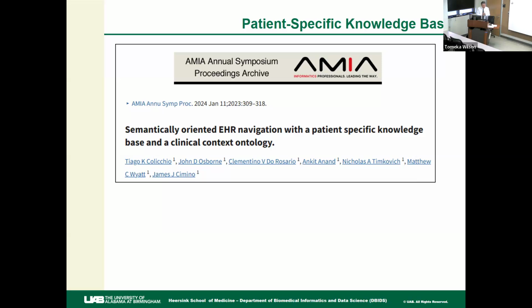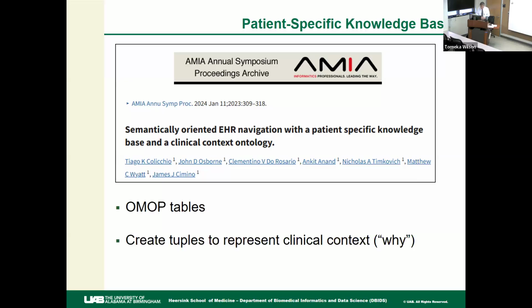The idea is to take the tables of data, the OMOP tables, out of the patient's record. So all these facts: lab tests, vital signs, medications, diagnoses, procedures, events, visits, all that stuff. They go into OMOP tables, all these little facts. They're not related to each other, but we can relate them to each other using the ontology. So we create tuples that relate them to provide that clinical context. That's pretty straightforward. Again, you can do it with Notepad if you wanted to.